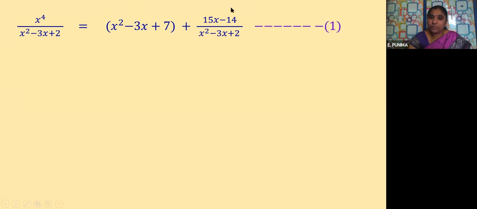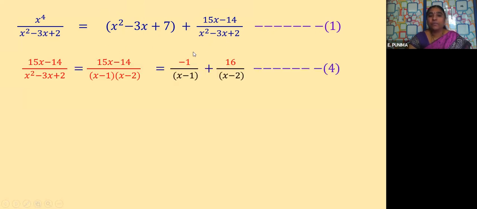So in place of this proper fraction, our two partial fractions have to be replaced. What are the two partial fractions? These are the two partial fractions we got from equation number 4. So this equation number 4 should be replaced here in place of this. Okay. And then what will be our answer from equations 1 and 4? What will be our final answer?